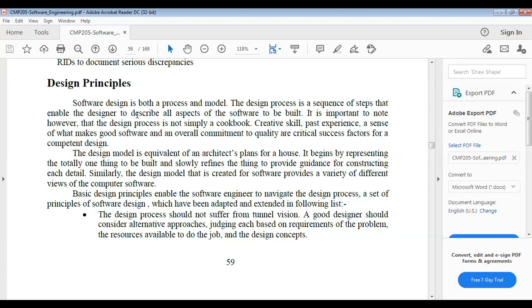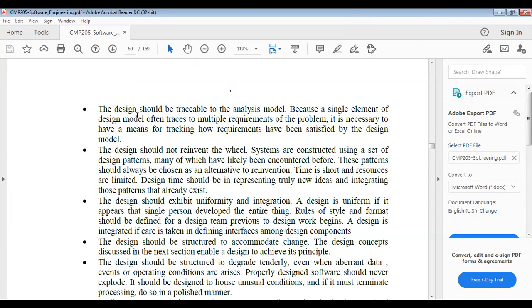A good designer considers alternative approaches, judging each based on the requirements of the problem, the resources available to do the job, and design concepts. And the design should not be repetitive. Whatever data, whatever system we are making in designing, it should not be repetitive.